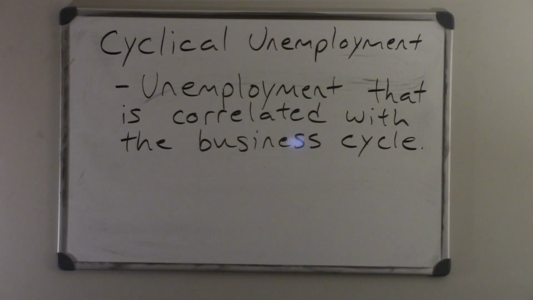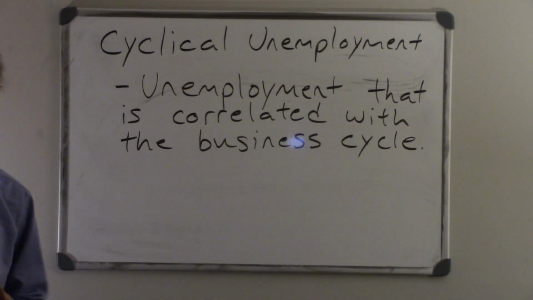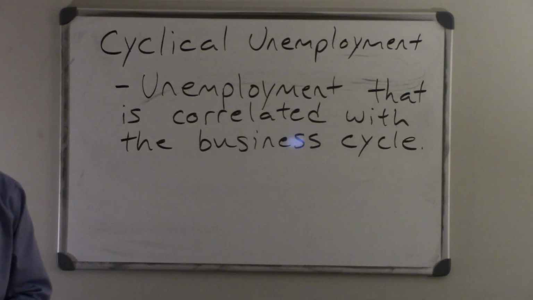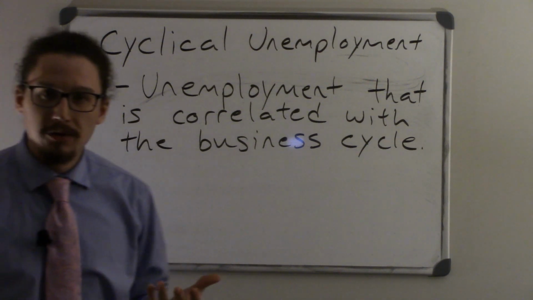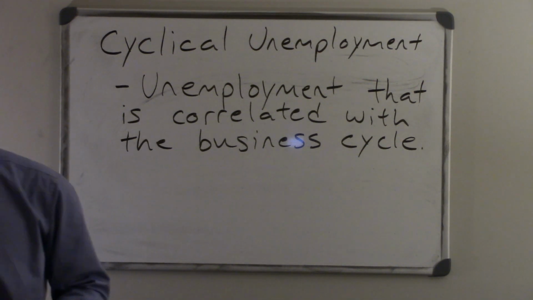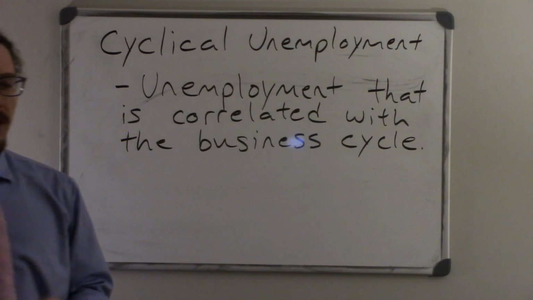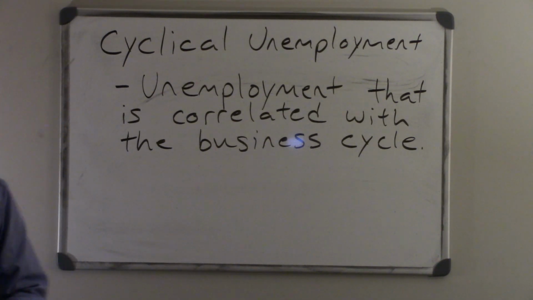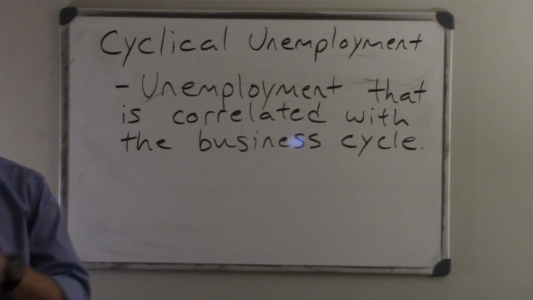What we are talking about is when we have a bust, an economic downturn. We're going to expect to see higher levels of unemployment. Kind of economic downturn, more unemployment. When we have a boom,